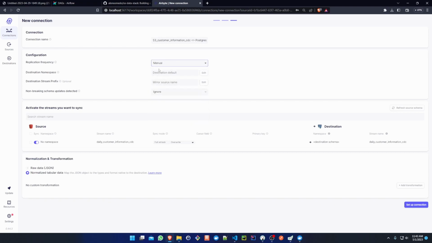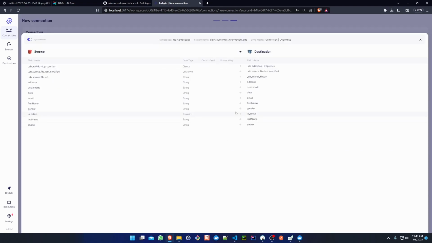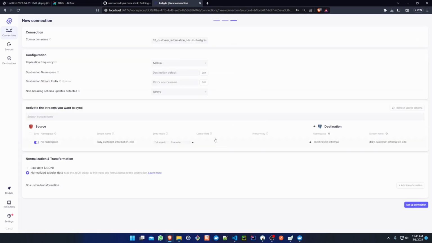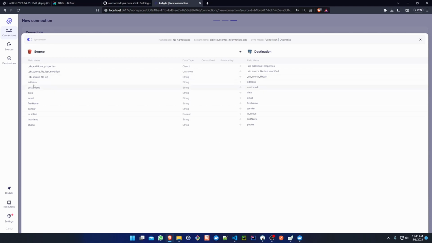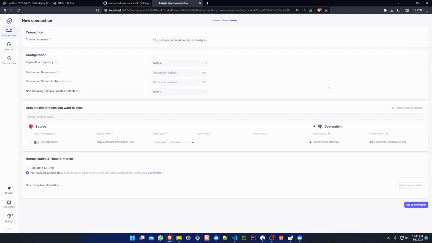Here we are going to set the frequency to manual, and here we are going to leave this as full refresh override because the incremental, dedupe plus history and incremental append are not working as expected. They are duplicating your data. So if you click here, you will see how the CSV file columns are mapped to your table. So let's click on setup connection